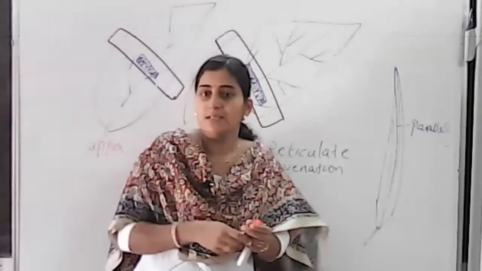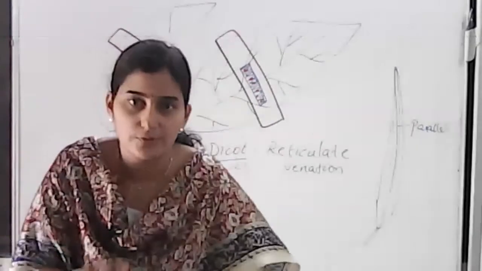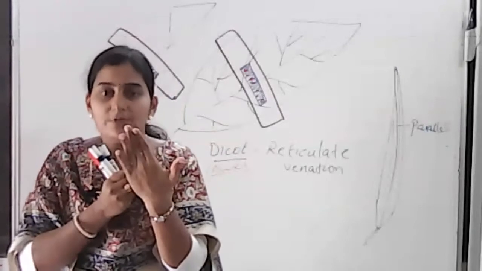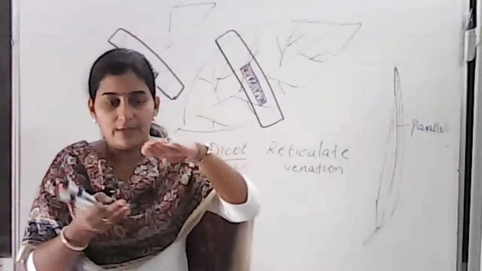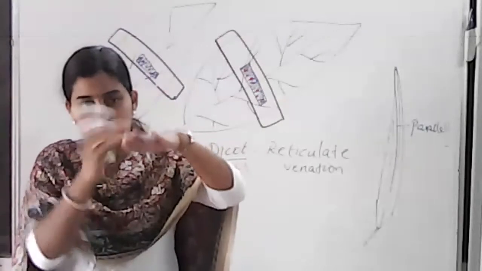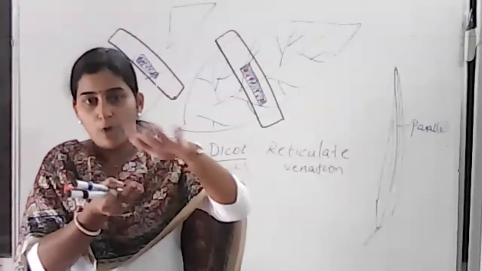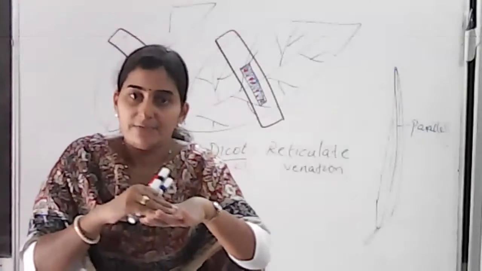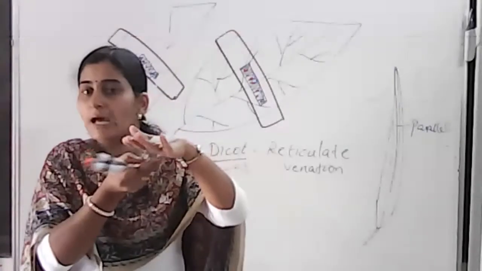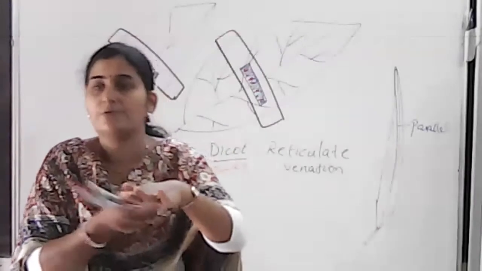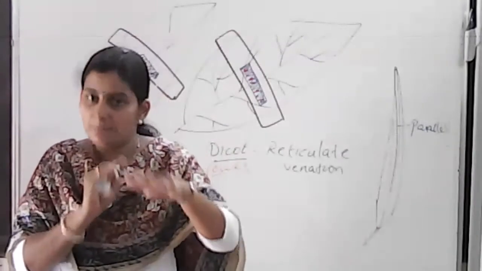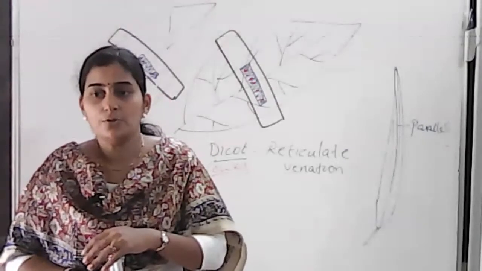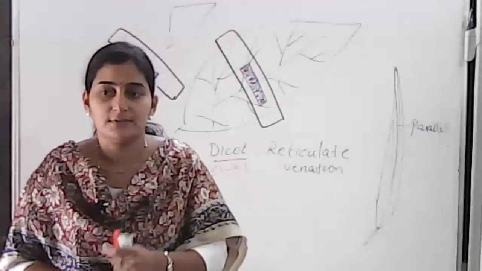So the same diagram is given there in your book also. Experiment setup is given there. One leaf was also shown, and you can see that on either side of the leaf, you keep cobalt chloride paper which is bluish in color. This is the lower part, this is the upper part. After a few hours you can see the lower side starts turning pink faster compared to the upper surface. So from that we came to know that more water was given out from the lower surface compared to the outer surface. That means more number of stomata is present on the lower surface compared to the outer surface.